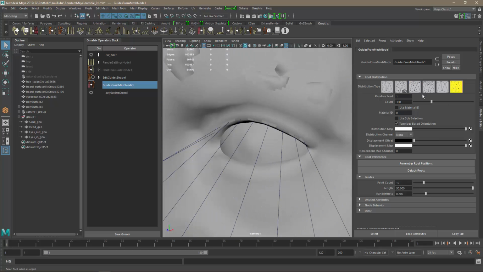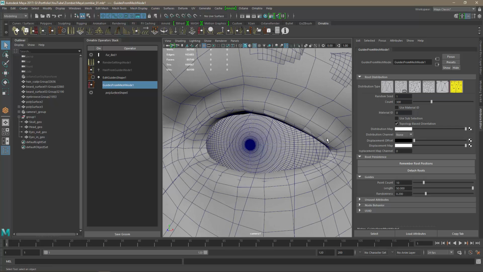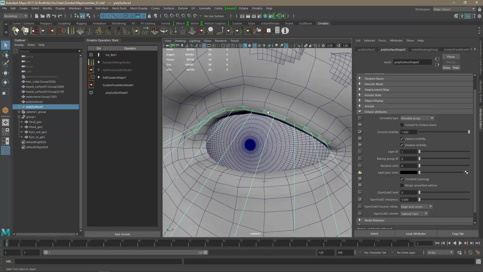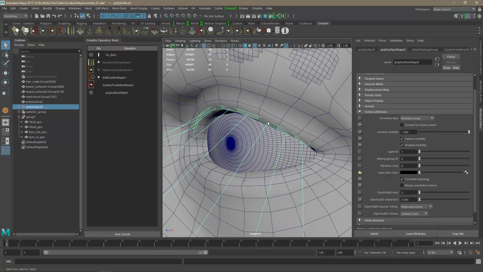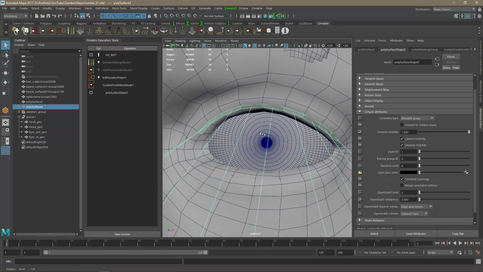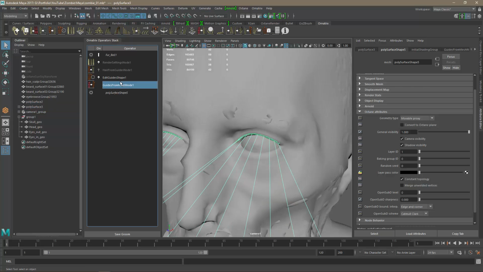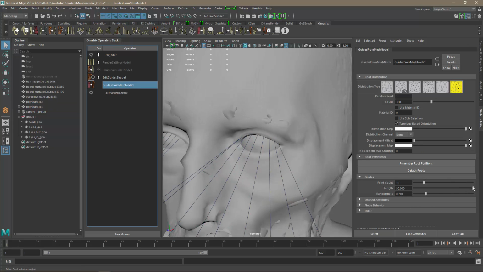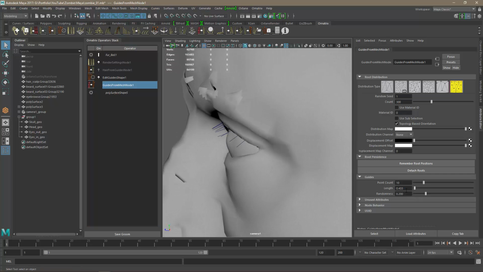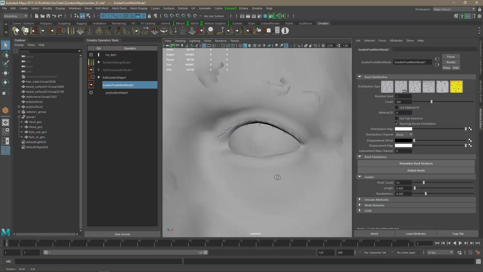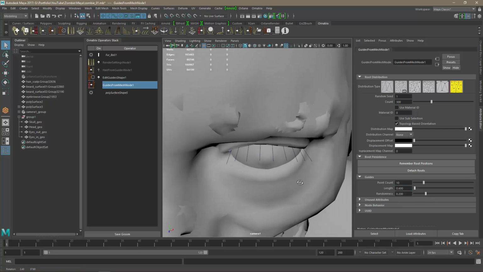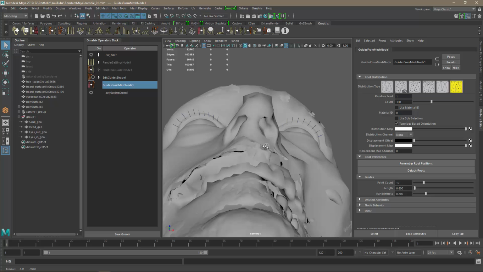So I'm going to click on this one, and what it does is it basically spawns a guide from the center of the faces, which is quite cool and useful. Let's go back here, and this length here, 50, is super long, so let's drop it to something like so, let's do 0.5 for now. Actually, let's go a little bit longer. We can always shorten it later. All right,